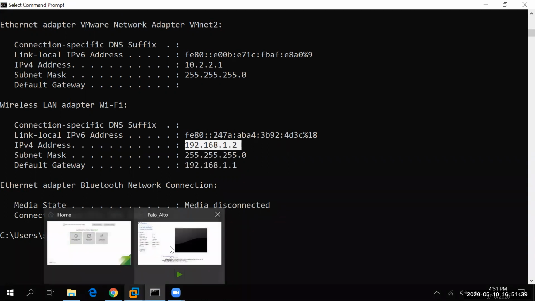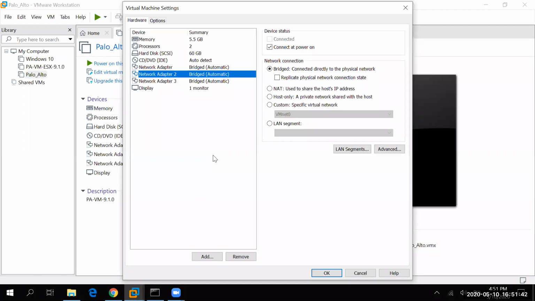This is the main thing which you guys need to know. I have seen n number of videos where no one is telling about these things. This is the very common mistake which everyone is doing, and they are not telling the logic behind it. I'll tell you the logic. You need to keep the IP subnet which you are getting from your ISP on the WAN as well as on the management interface, to access the GUI as well as the internet. The third interface, adapter 3, you can use as a custom one.